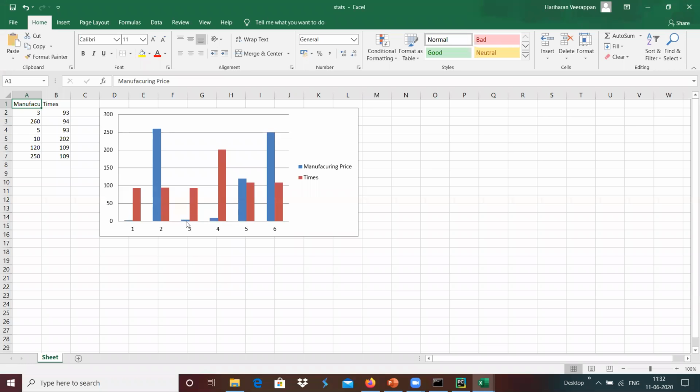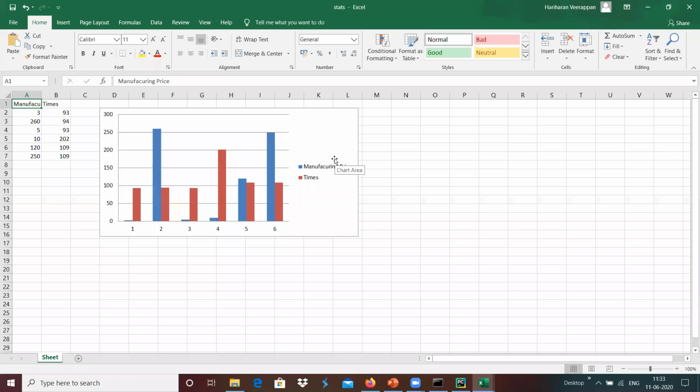And whenever we have the manufacturing price is something like 5, we have the output statistics of 93, and similar way we have the statistics of value 10, and we have 202 times it has been sold out. This kind of statistics provides the output, what is the manufacturing price and number of times, that provides the information with the statistics.